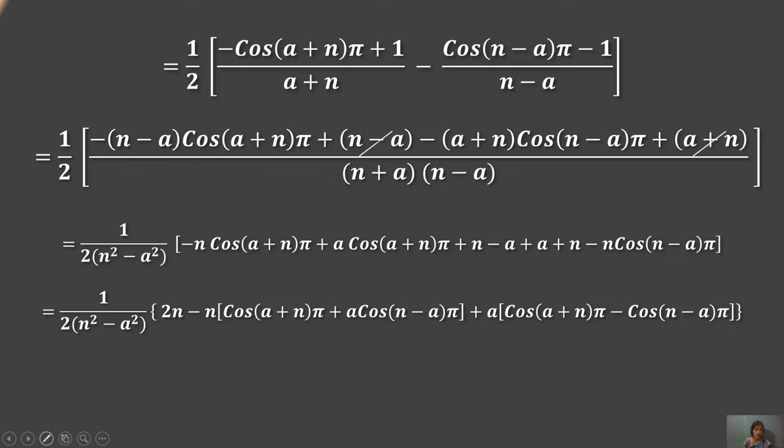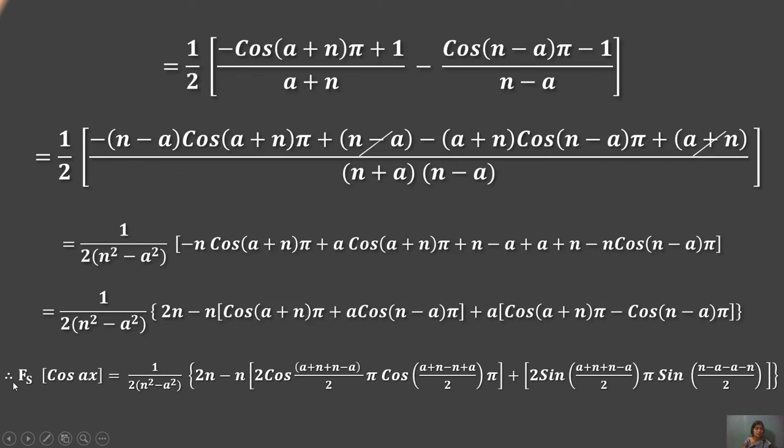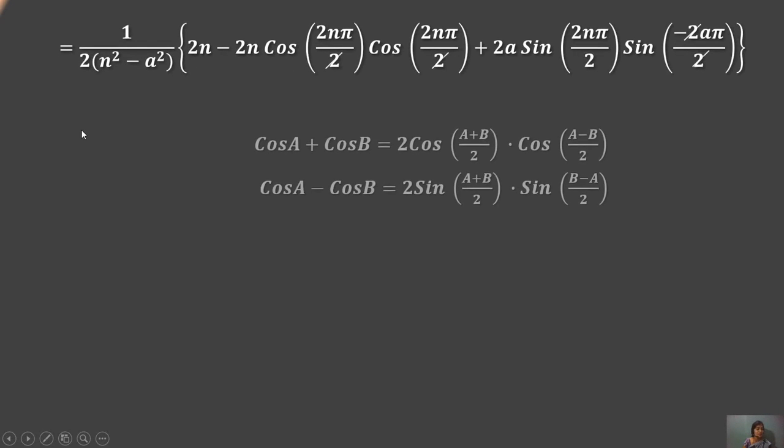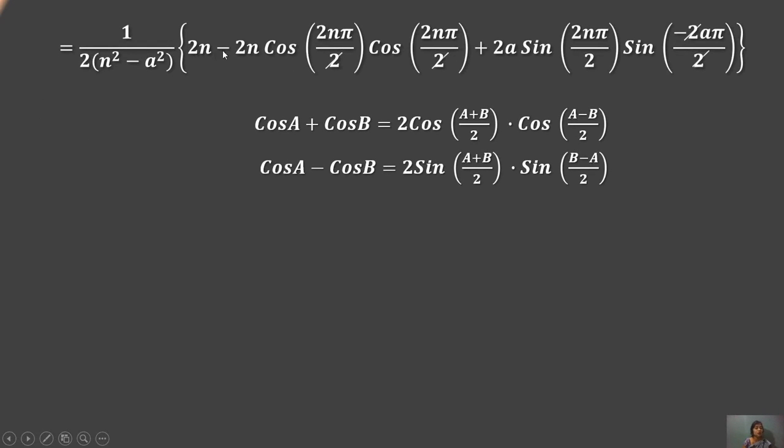They are generating to the multiply of this form and solving to the condition, means a function of sin cos ax equals 1 by this value will be generated in both of this condition, and cancelling to the form of this condition, minus a will be generated to the form half of 2n minus 2n cos 2n pi upon 2, same as a value generated to the form, plus 2a sin 2n pi upon 2 minus 2a pi. Both of this value will be cancelling to the form.